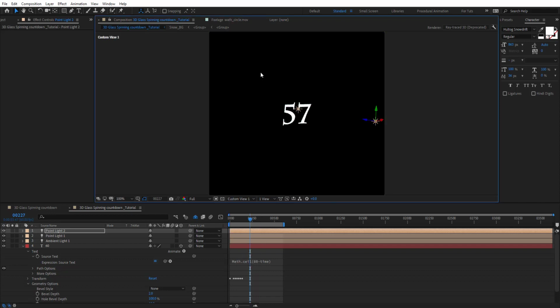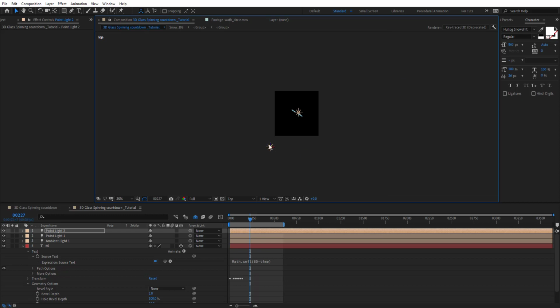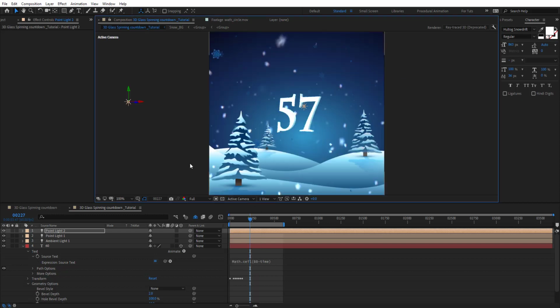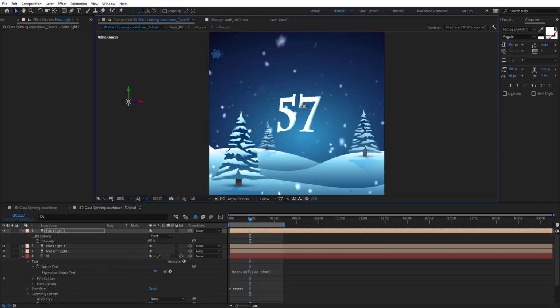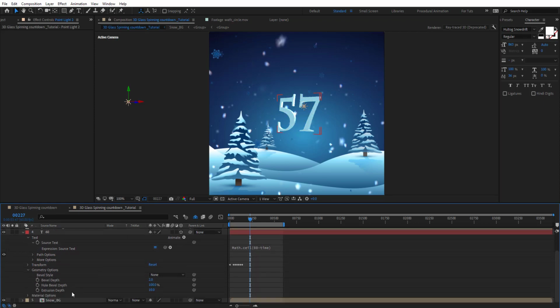Let's change to custom view here and try to position the light somewhere where we get a nice result. Maybe it's too bright. Okay, so we want to make these